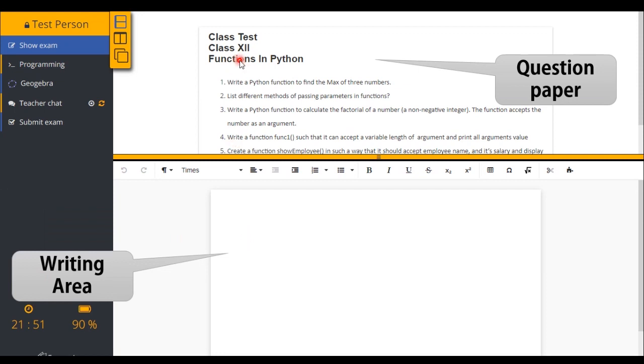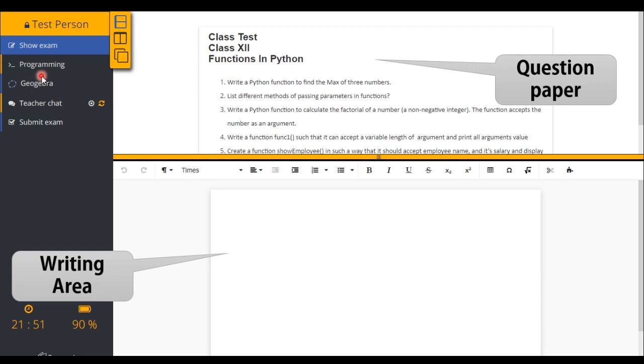On the top is the question paper that the teacher has provided, and this is the writing area to write the answers. Here are some options. This is the show exam page. Programming page: as in my question paper I have given some programming questions, a student can move to the programming area by clicking on this.